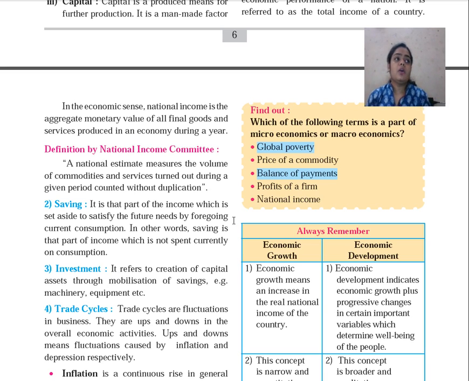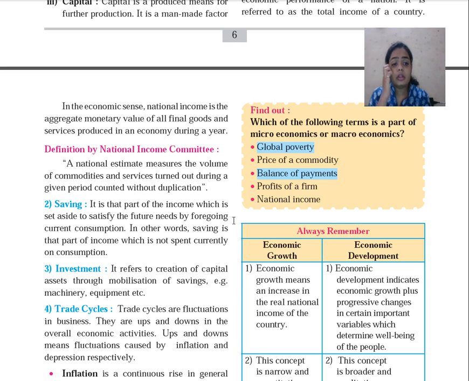Our father and mother always say that you should save a certain amount. Why do they say that? They say this because they know that in future we may need a certain amount for some expense. So out of the income which we earn, we save a certain amount. Suppose they are earning 100 rupees; they make it a habit to save at least 30 rupees. 70 rupees they give for your consumption, but the 30 rupees they save to be taken care of in future.